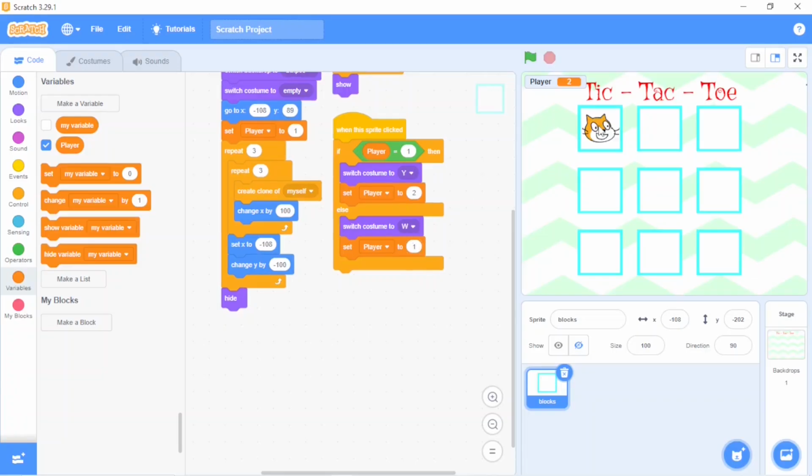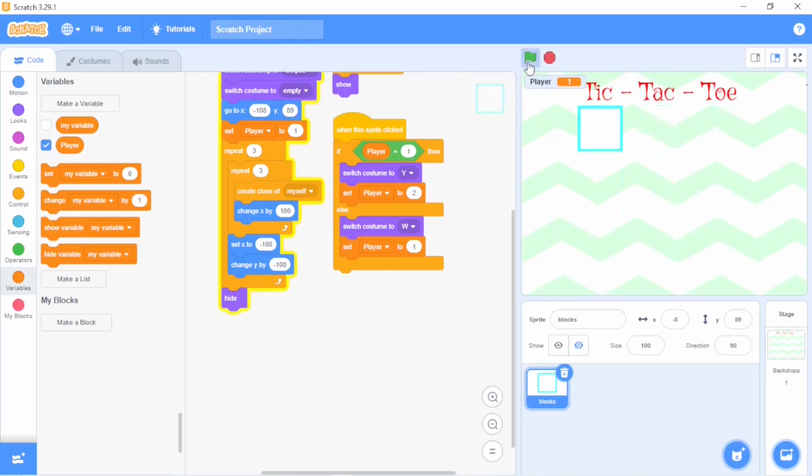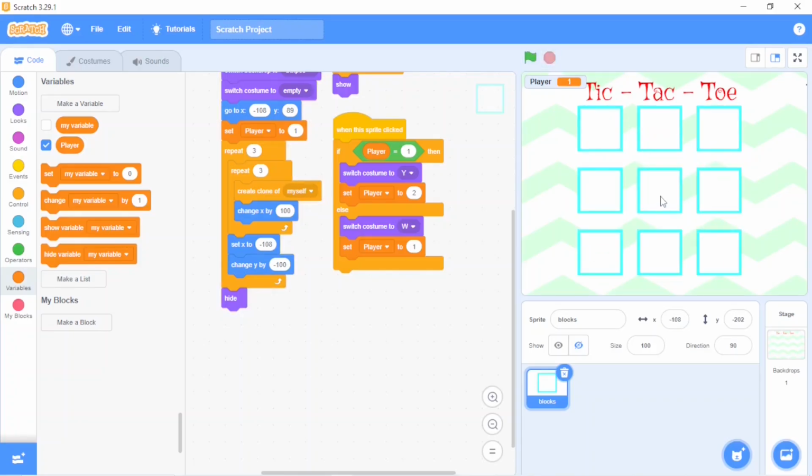Yes. Now you can see it's showing the number of our player. And now you can see it's the turn of the second player. So it will show this. Now the turn of the first player, it shows the yellow cat. It's not repeated. Once you click on any block, you can see first our yellow cat will come and next would be white. Right? Our game is going well.